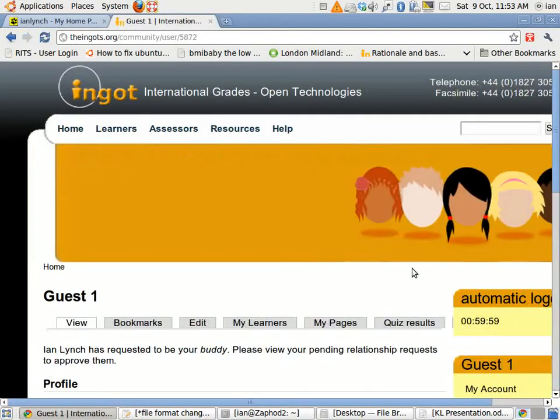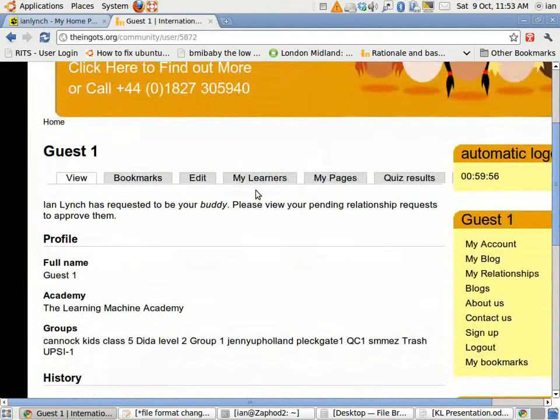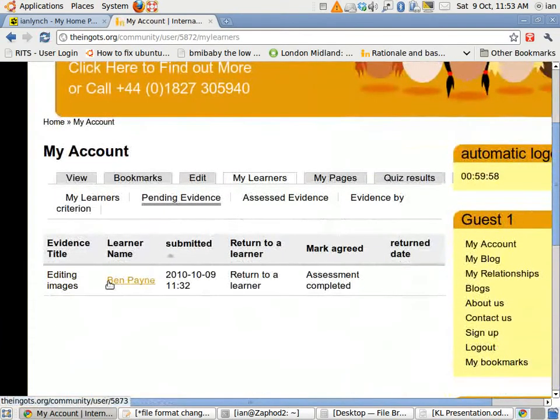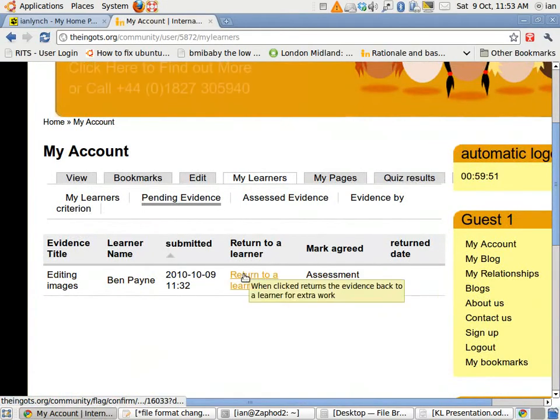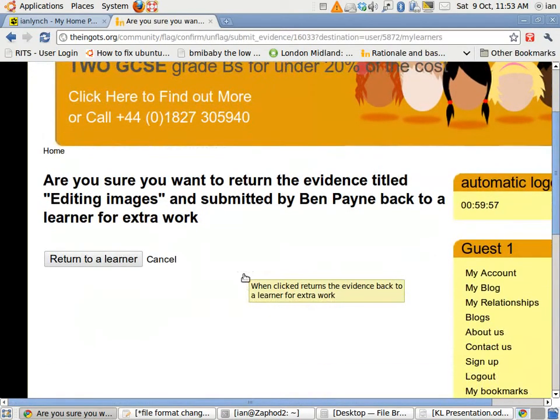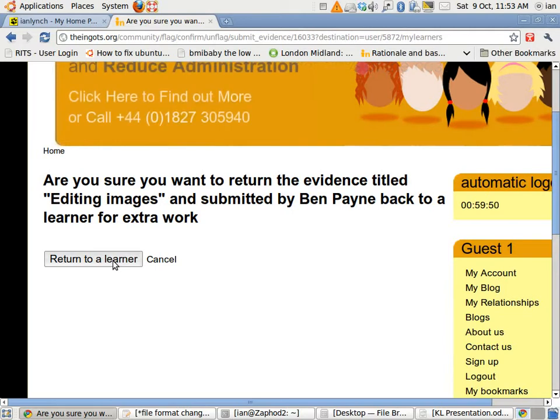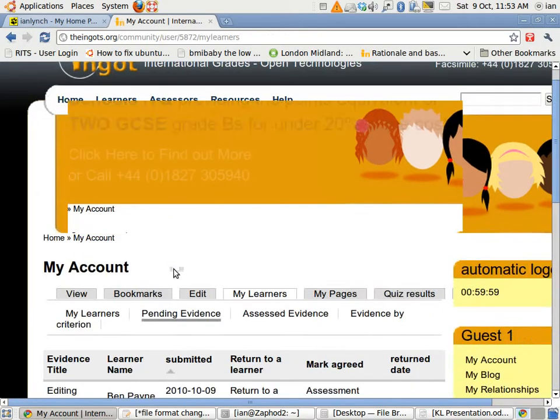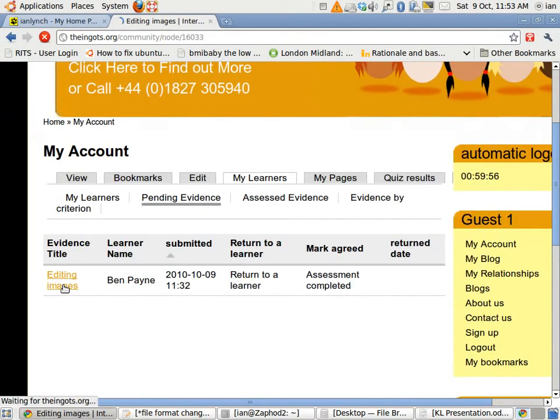He now goes back to My Account and My Learners, and he can see that he can return the work to the learner. Which he does. It now asks him if he's sure that he wants to send the work back, and he just remembers before he clicks the return button that he didn't leave a comment to tell Ben what to do next. So he cancels that and goes back to the editing images work